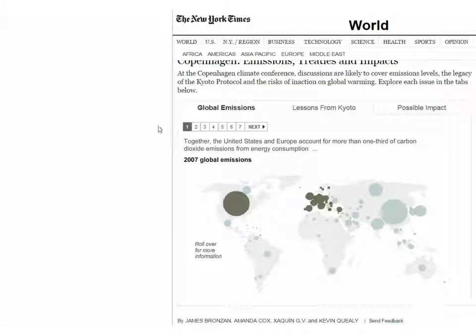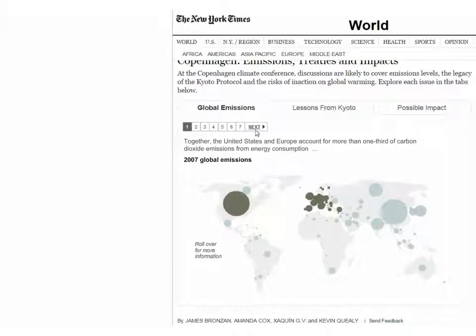This is a standard kind of view that you will see on the web. This is running on the New York Times. It's got a little navigator here. This was a story that they produced before the Copenhagen Climate Change Conference. The first view is about the 2007 total emissions. You can see here that there's 6 billion metric tons from the United States. We have various metric tons in Europe. And over here in China, we also have 6 billion metric tons.